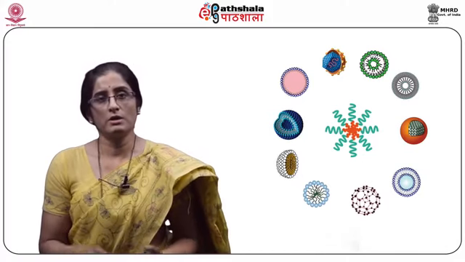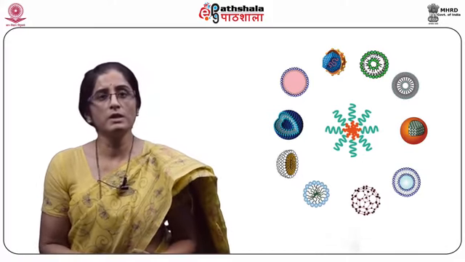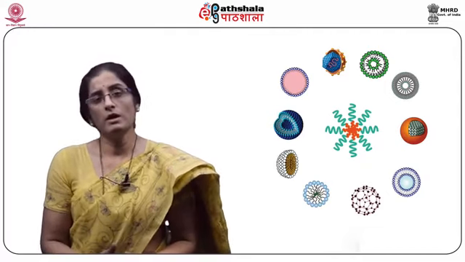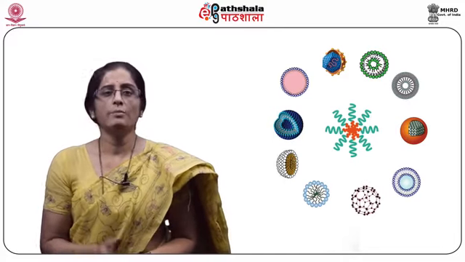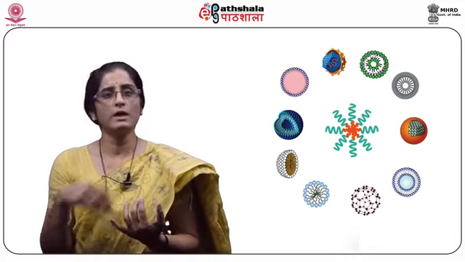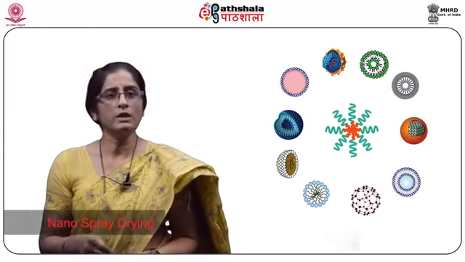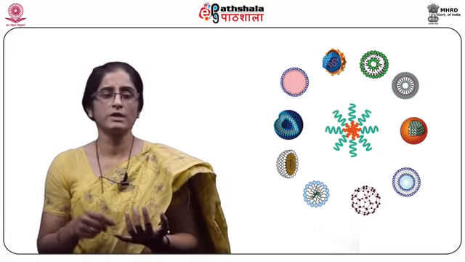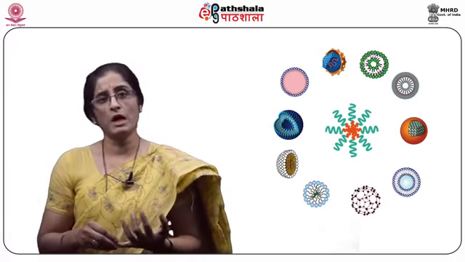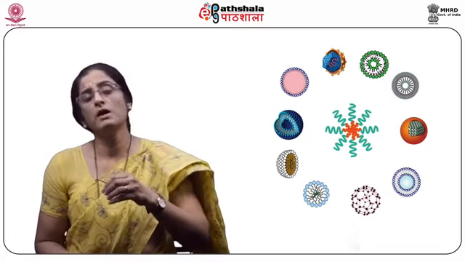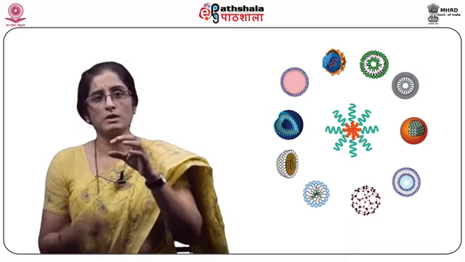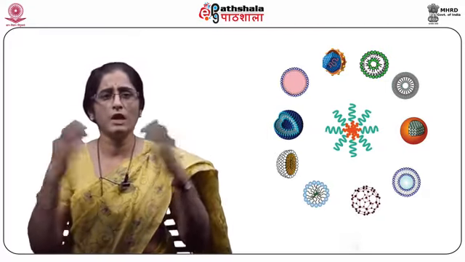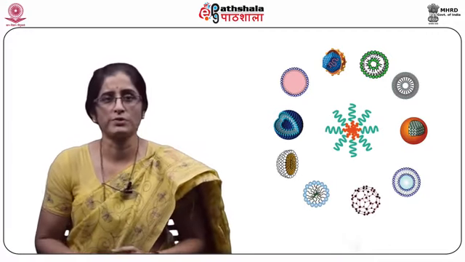Another important parameter in this nano spray is the type of atomizer. Various types of atomizers are available in the nano spray dryer. Basically, the disc type of atomizer is mostly used in nano spray drying. And this disc atomizer generally rotates at a very high speed, like 50,000 RPM. And when one drop of the slurry is put on this disc atomizer, it will break that particular droplet into several or 1,000 droplets having a size in the nano range.